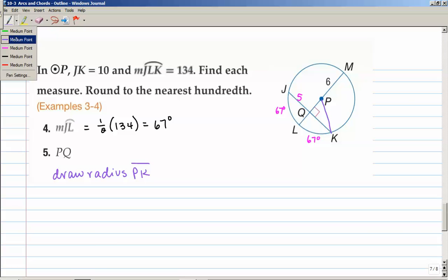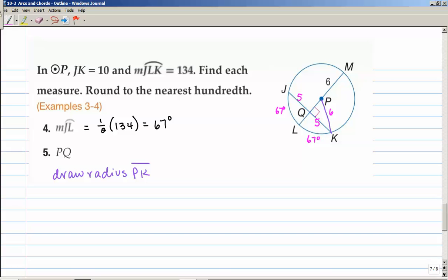Okay, now I know a couple things about this. As I said before, KQ was 5. PK, because it's a radius and all radii in a circle are congruent, its length is 6 units because MP is a radius as well. Now do you notice what we have? We have a right triangle here,